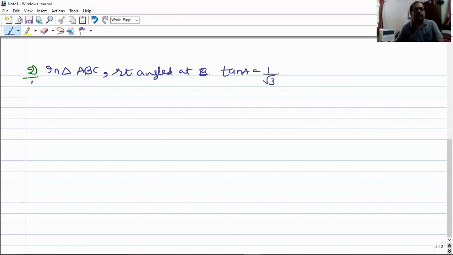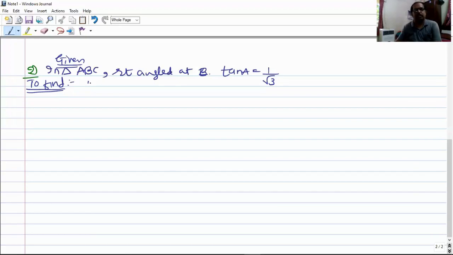We need to find. So student, we need to write it like this. First part should be given, whatever is given that we need to write. Secondly, we need to find, write what we need to find, and then the third part of the example will be the solution, the main part of the sum.